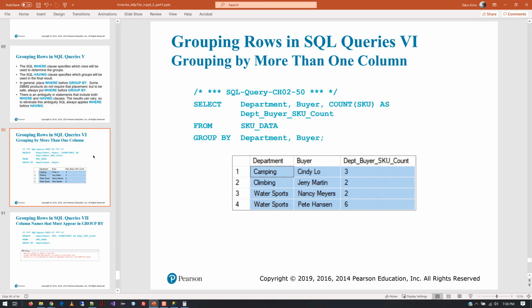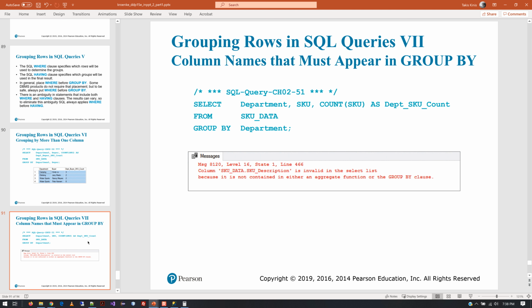So if you want to group by more than one column, you can do that. So it is possible to actually list multiple group bys. And once again, I'm not demonstrating. And then if you are interested in this, where it says column names that must appear in group by, notice that there's a little kind of conflict of logic here once again, and that's why we have an error statement at the bottom. Don't bend your brains too hard on this one, but here's what it's trying to tell you,